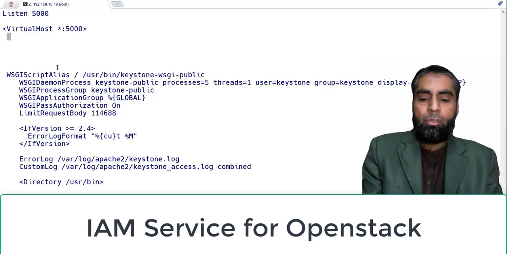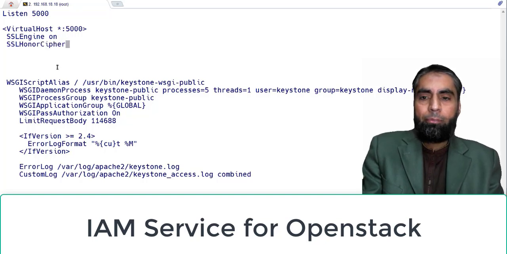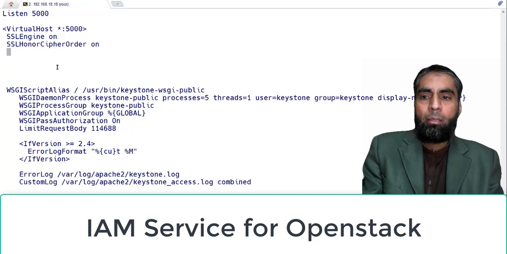Now we need to enable the SSL engine, and also specify the location of the certificate files. So SSL engine, I will just turn it on, and the cipher order we have to also turn on. SSL honor cipher order, and we will just turn it on. And then we need to specify the path for the SSL certificate file,